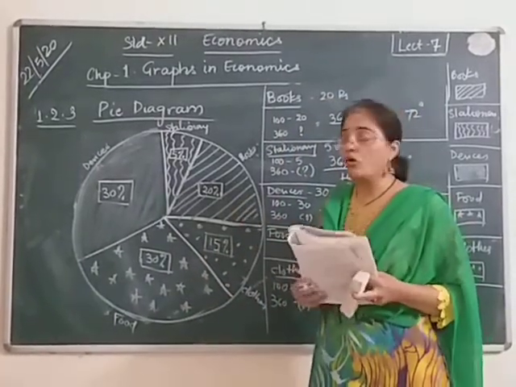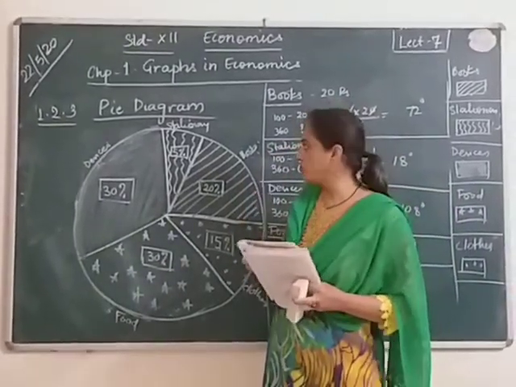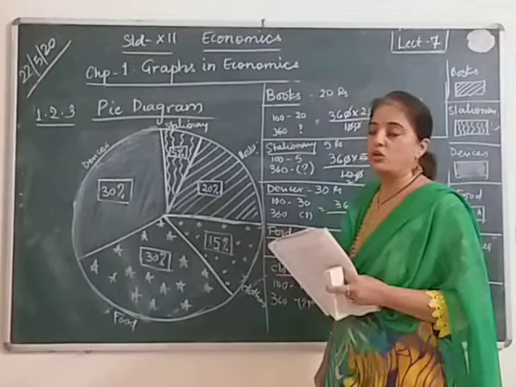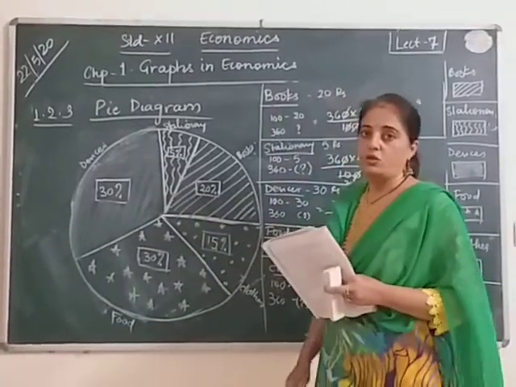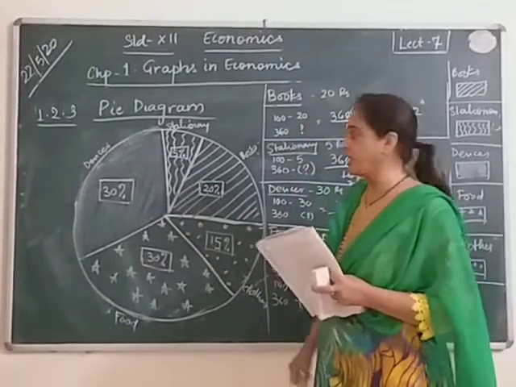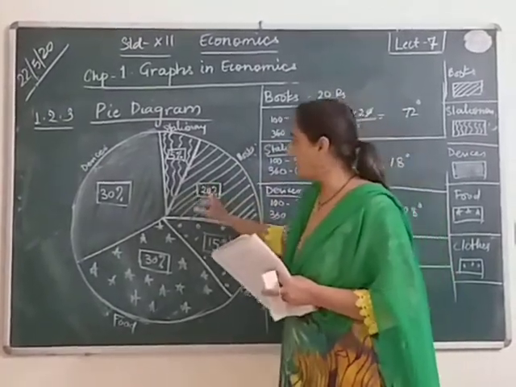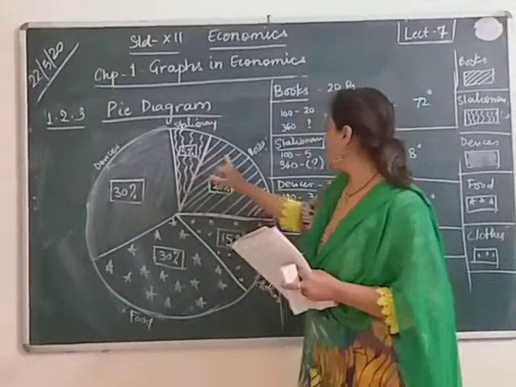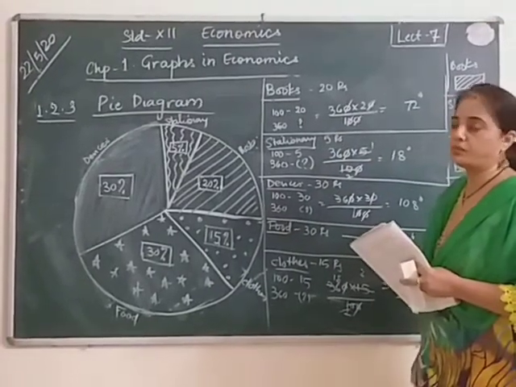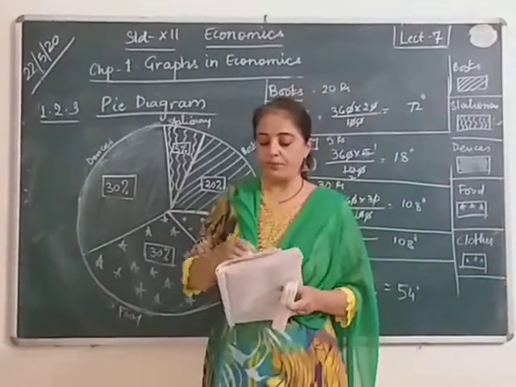Okay. So now, on the basis of this, such kind of chart also can be given, and they may ask you, on what the student spends the least. So he spends the least on stationery. He spends the most on devices and food. How much does he spend on stationery and books together? If asked in percentage and in rupees, both, he is spending 25%. 25%, and rupees how much? 25 rupees. So on books and stationery he is spending 25 rupees and 25%. Okay, so this is how they can ask and you will have to answer that.